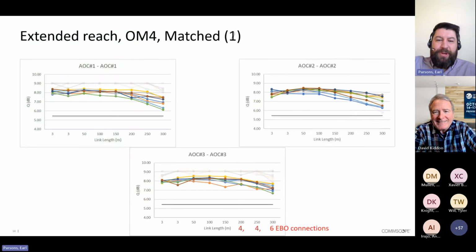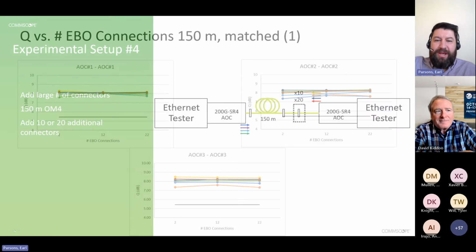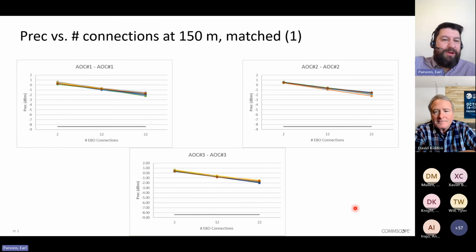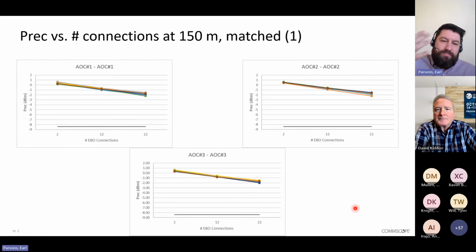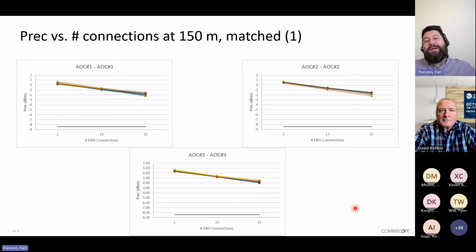So the thing to remember when you're looking at high numbers of connectors, this probably here is where you can get that idea. When you specify the loss of any type of connector, you've got to take into account the distribution that you have in your manufacturing process, right? But when you have multiple connectors in the path, you can add the losses statistically. This is something my employer CommScope does with our performance calculator. If you have multiple connectors, doesn't matter what type, expanded beam, regular MPOs and LCs,